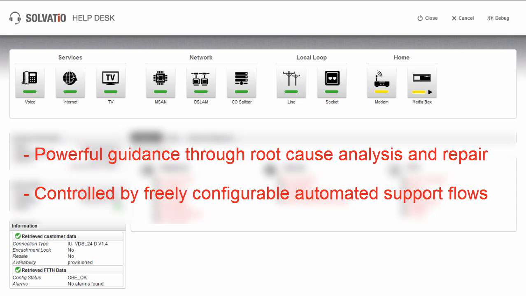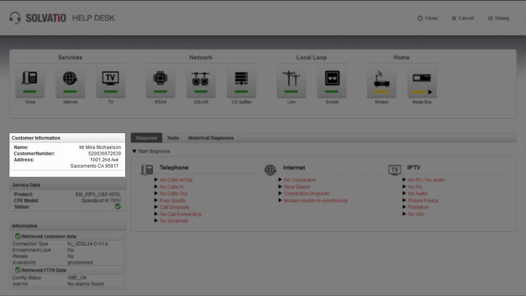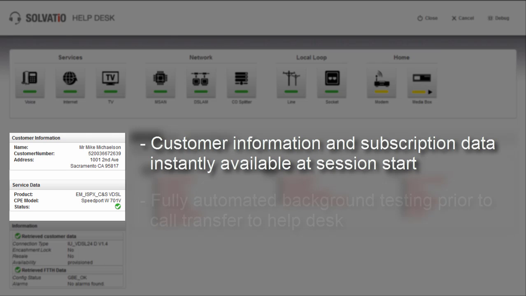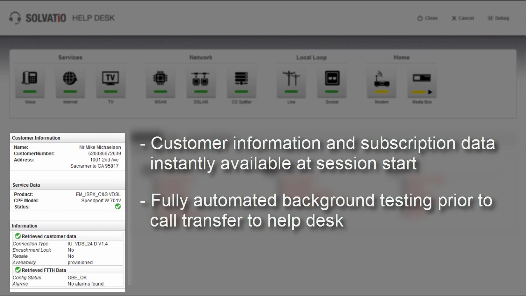Now, let's take a quick look at the various elements of the SOLVATiO Help Desk. When starting up a new troubleshooting session in the Help Desk, all relevant customer information gets instantly displayed to the call agent. Prior to the agent taking the call, SOLVATiO has already been quite active in the background, fetching customer information and subscription data from the CRM system, as well as performing automated background checks, the results of which get